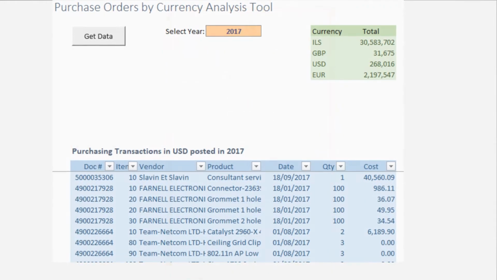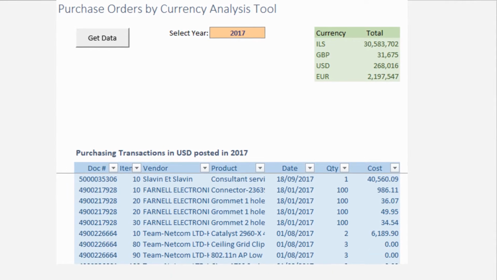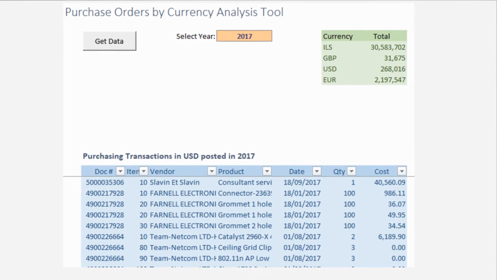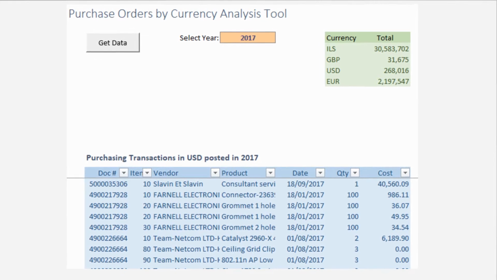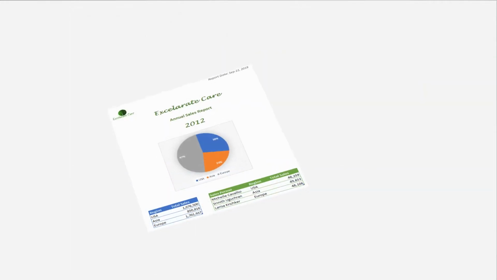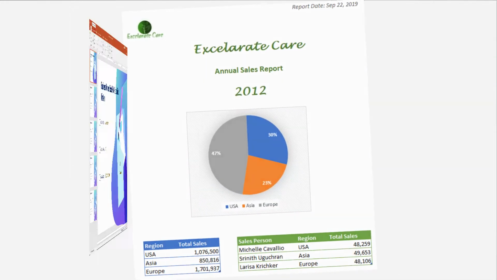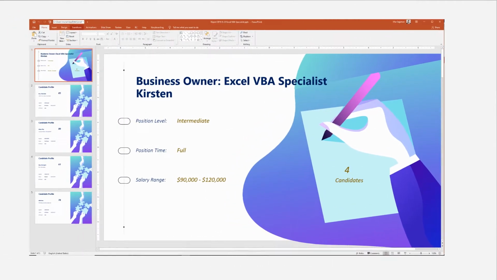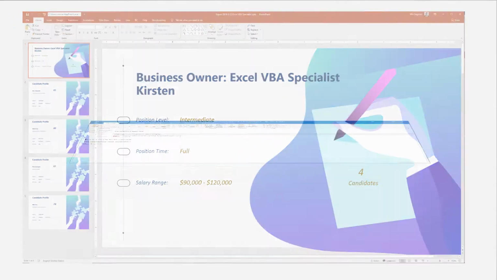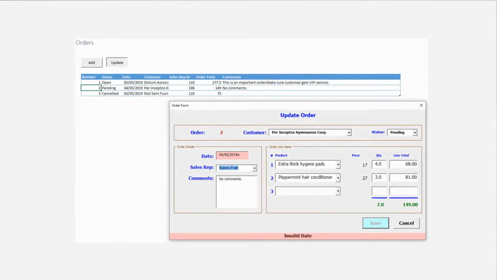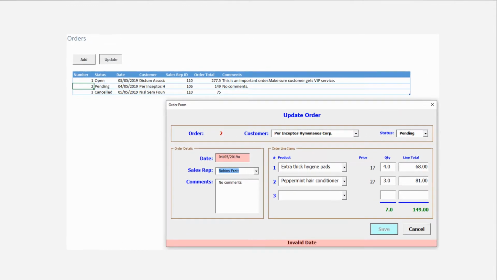a purchase orders inquiry tool that reads orders from an external file, summarizes them by currency, and allows you to drill down to the orders by year, create a sleek PDF report from a text file, construct a PowerPoint presentation from Excel data, attach and send it as an Outlook email message, build an orders management application in which customers,